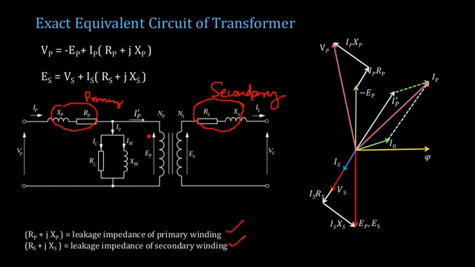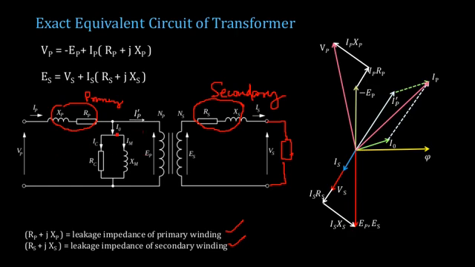Now these are the two additions that we make, and we also have some load connected, so that some secondary current is flowing. In the earlier case we had no load. Now here we are connecting a load, so that we have some IS flowing in the system. The load can be of any nature: inductive, capacitive, or even purely resistive. Now we'll write the equations at the primary side.